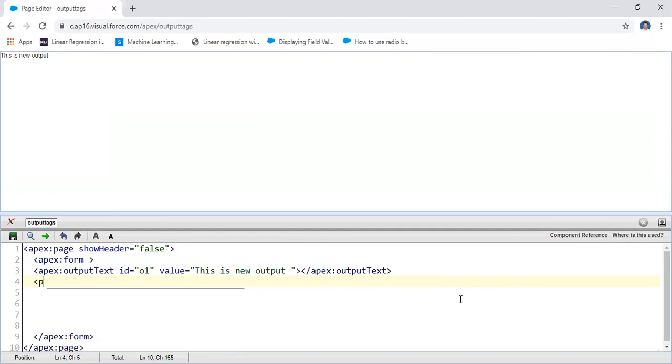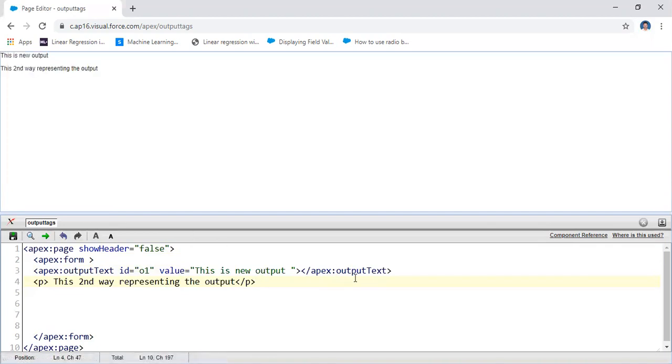For example, the paragraph tag is there. This is the second way of representing the output. In this way also you may represent the output here. If you save this one, it will represent the values in this way.